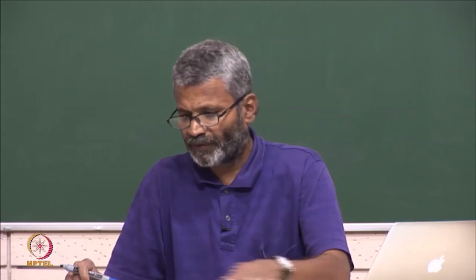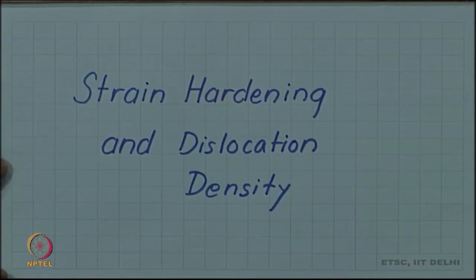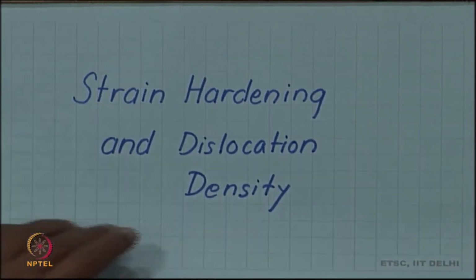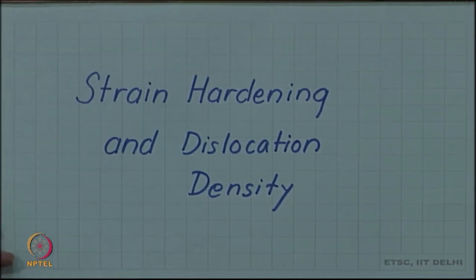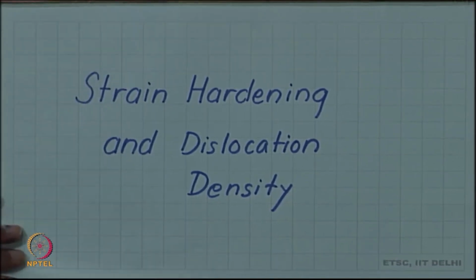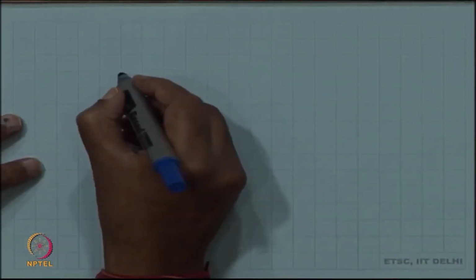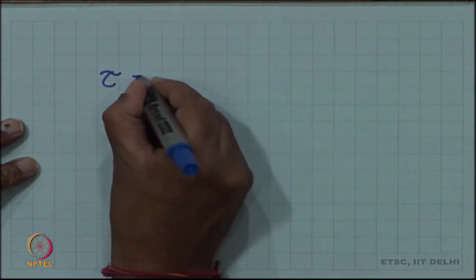We have been discussing strain hardening, and we related strain hardening to the increase in dislocation density of the crystal. So, people have tried to establish empirical as well as some sort of theoretical relationship between strain hardening and dislocation density. So, let us look at one such relation. So, the relation itself is quite simple. We can write